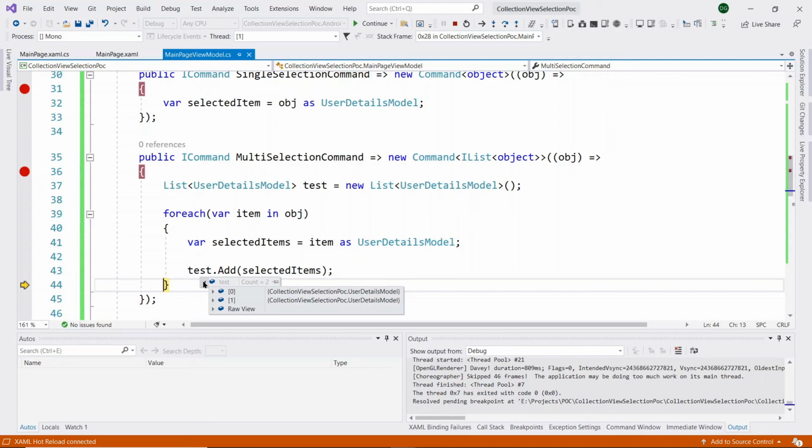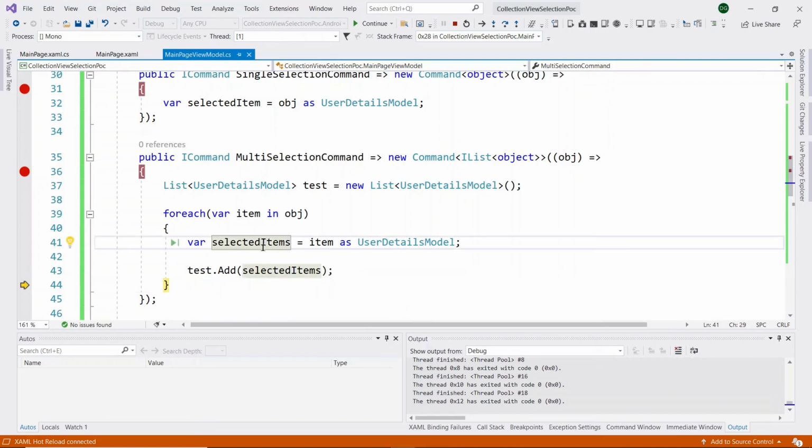Here you can see that the test list contains two items. So this is the process of getting multiple selection items inside the view model. Like this, however many items we select, we can get those selected items inside our view model.